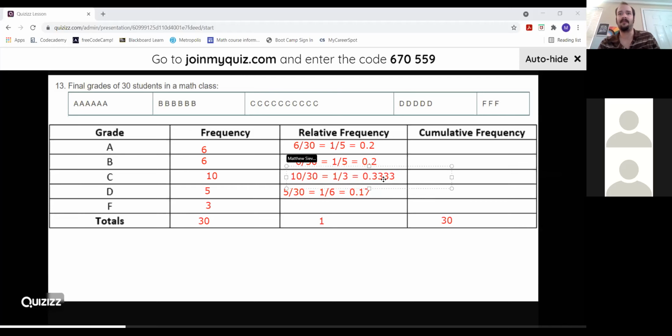I think if I just go 0.33 here, it will probably do what I want it to do. This is 3 out of 30, which is 1/10. Yeah, 1/10, so 0.1. So if I add up this left side,